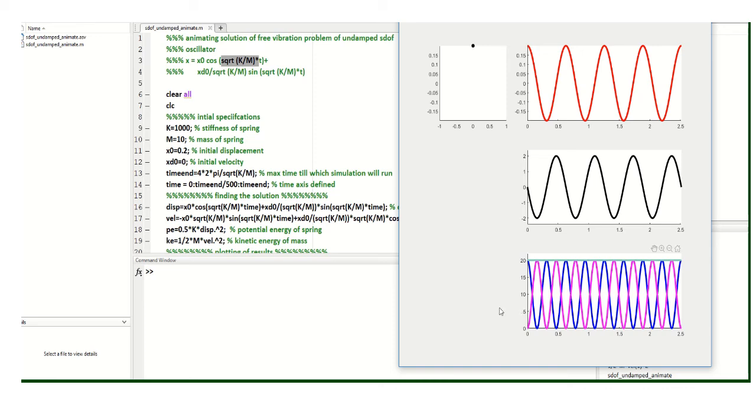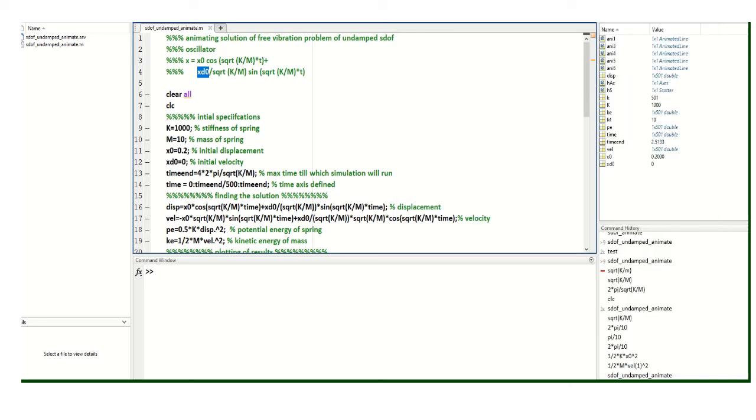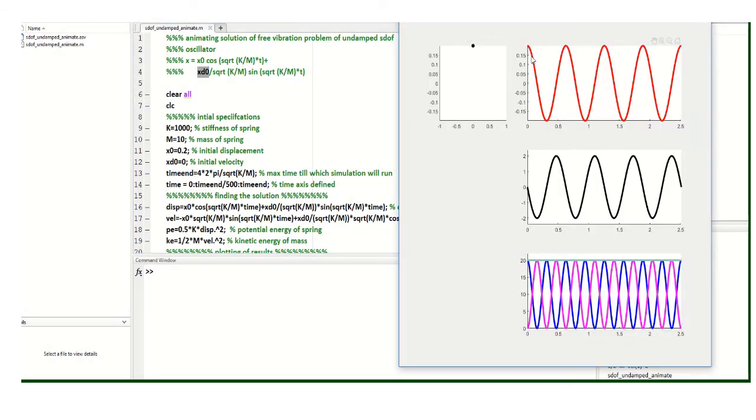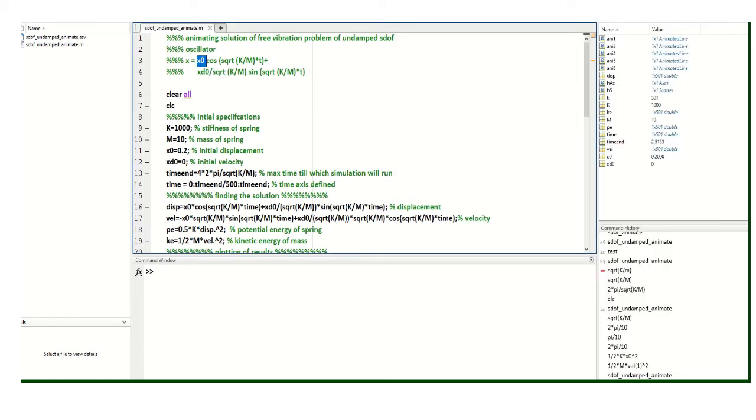So with this, what have you understood? You have understood that, with the choice of initial condition, how exactly the mass is going to perform its oscillation is going to change. You also have seen that when you don't have any initial velocity, the graph that you see is that of a cosine graph with only a certain magnification factor, and that is the initial displacement that you give.